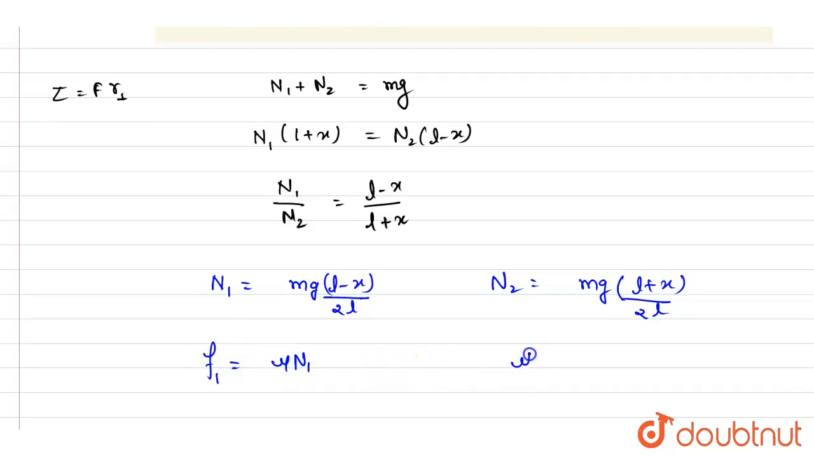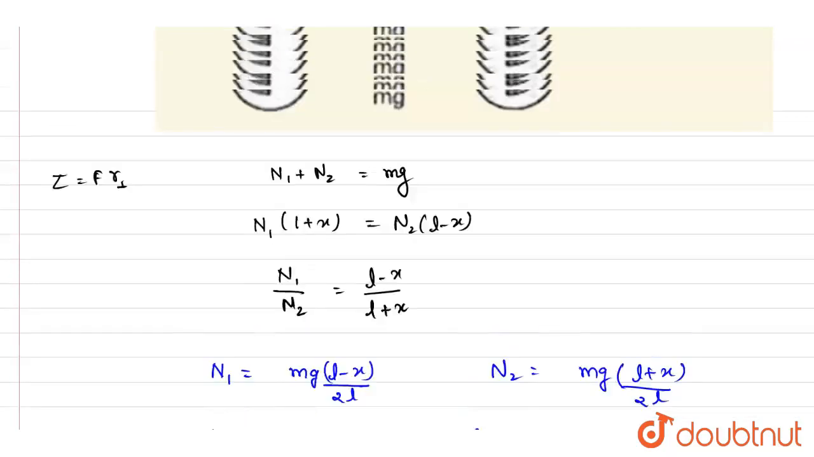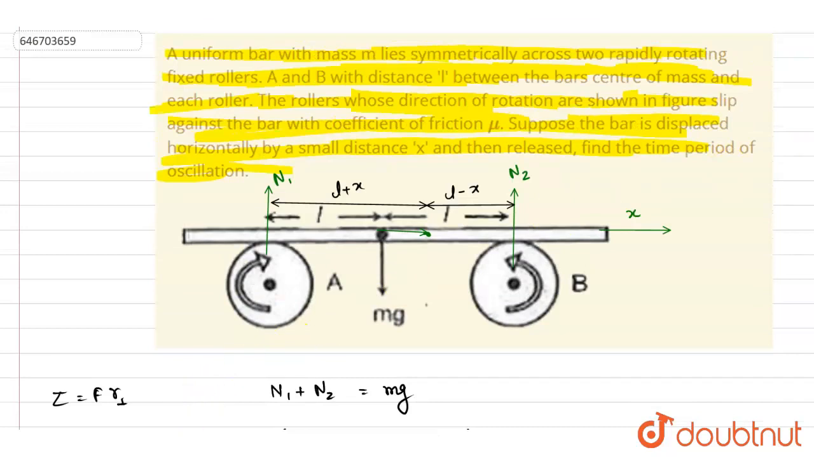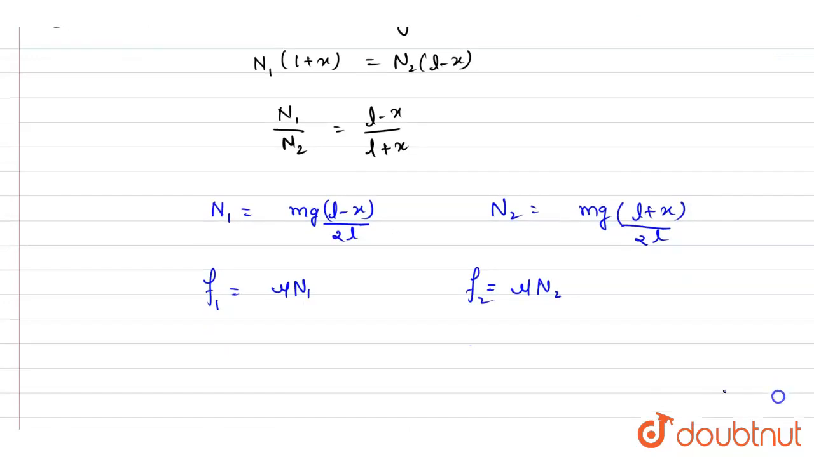It will be this, and on the second it will be this. So the friction force will be acting here in the opposite direction, right? It is rotating in this direction, so here the friction force will be in this direction. It is rotating in this direction, so here the friction force will be this. So let me write down, this is F1 and this is F2, so the net force will be F1 minus F2. So it is mu